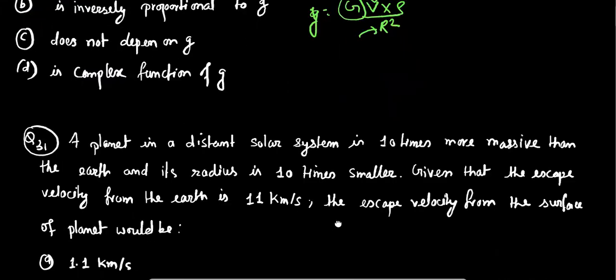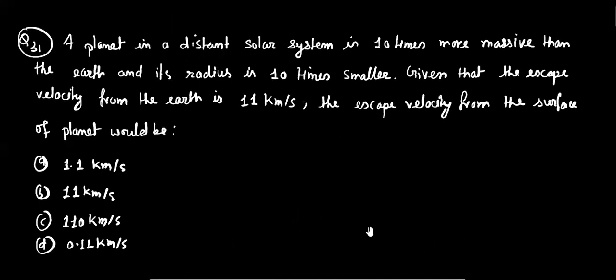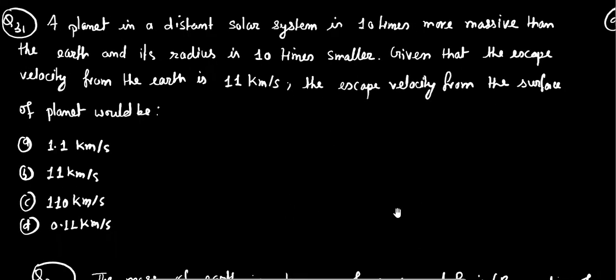Okay, that was question number 30. Now we are going to discuss question number 30 first. A planet in a distant solar system is 10 times more massive than the Earth, and its radius is 10 times smaller. Given that the escape velocity from the Earth is 11 km per second, the escape velocity from the surface